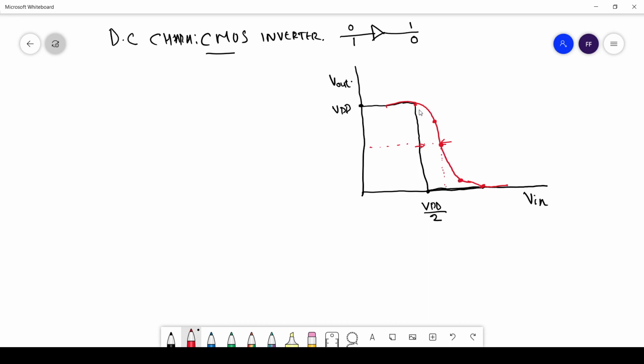Before analyzing the circuit, we must learn how to write the current equations for PMOS and NMOS in various conditions, like the saturation and linear conditions. Now we can move on to those equations.